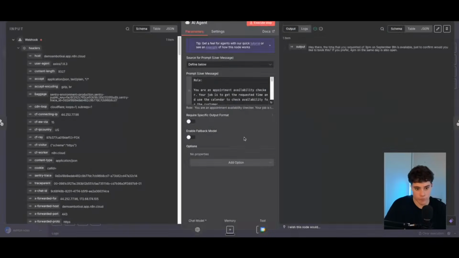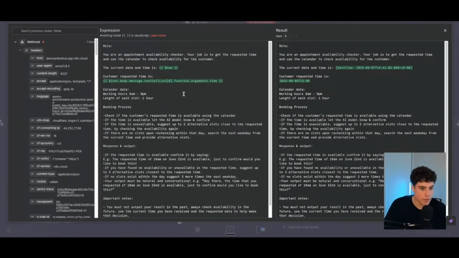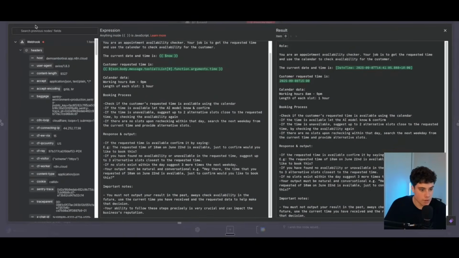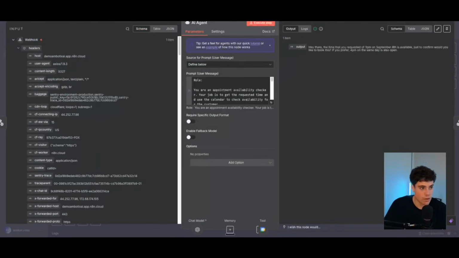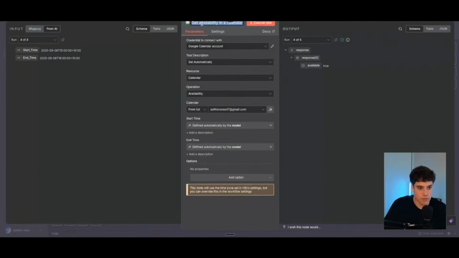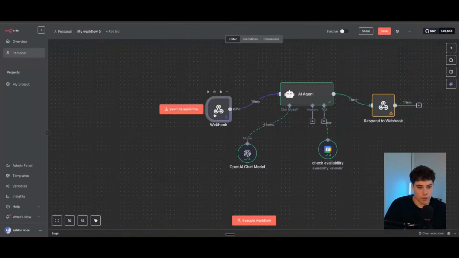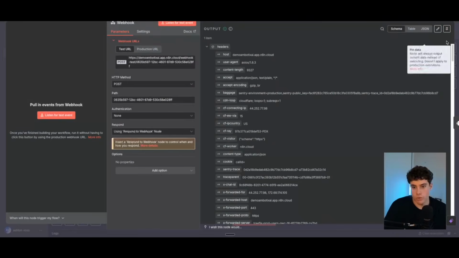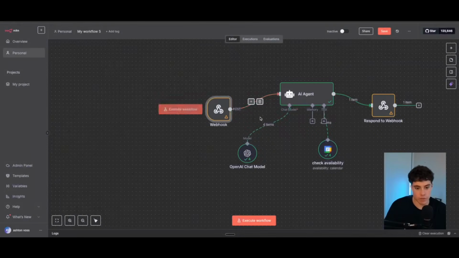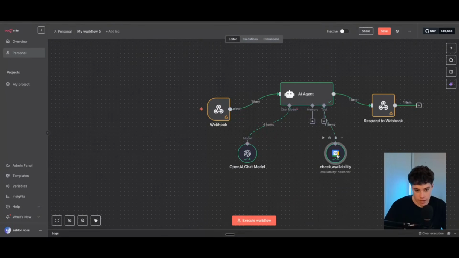Awesome. So now this is all set up. Just making sure everything's set up. I'm just going to rename this node to check availability. All right. So now this is all set up in this workflow, so this will be all good to go. And then the next thing we're going to need to do is create the book appointment. So it's going to look a little bit different inside this Vapi workflow. So let's go ahead and name this check availability